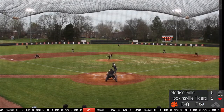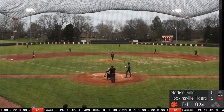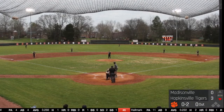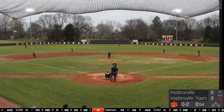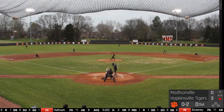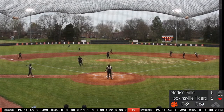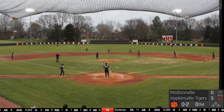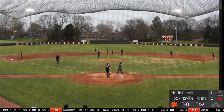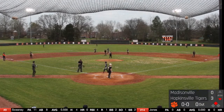The 0-1 pitch. Looked good. Umpire calls it a strike. JJ didn't like it, was obviously looking for something else. 0-2. Comes to Thompson. Big rip into the gap. Left fielder can't make the catch. JJ turns the corner, heads into second, easily into second. Good hit by JJ. I think that is JJ's first double of the season. But that was a great hit by him to put himself in play for